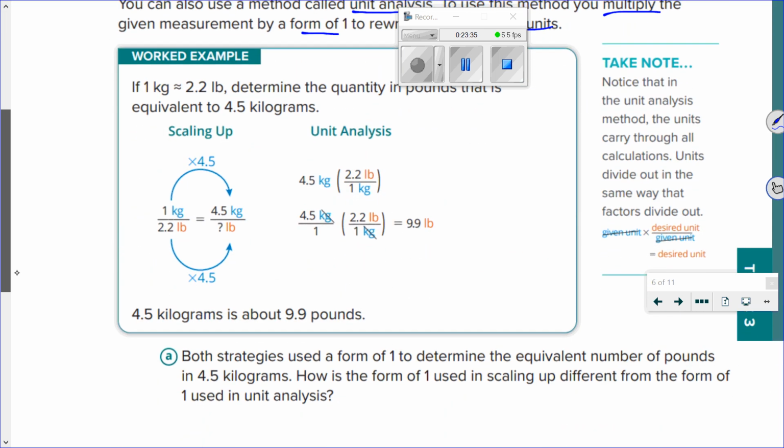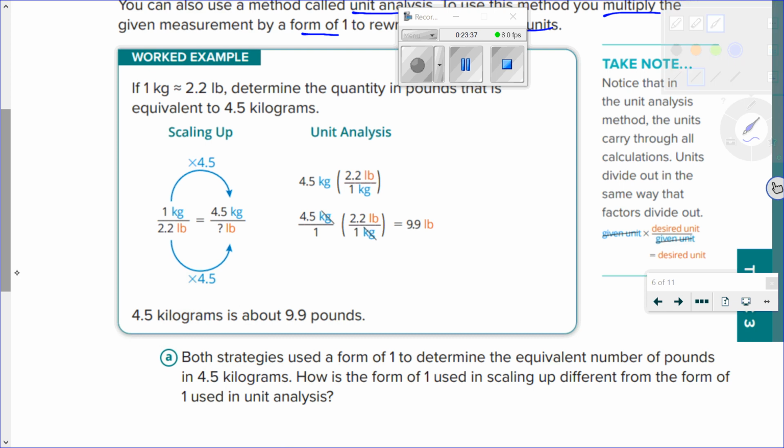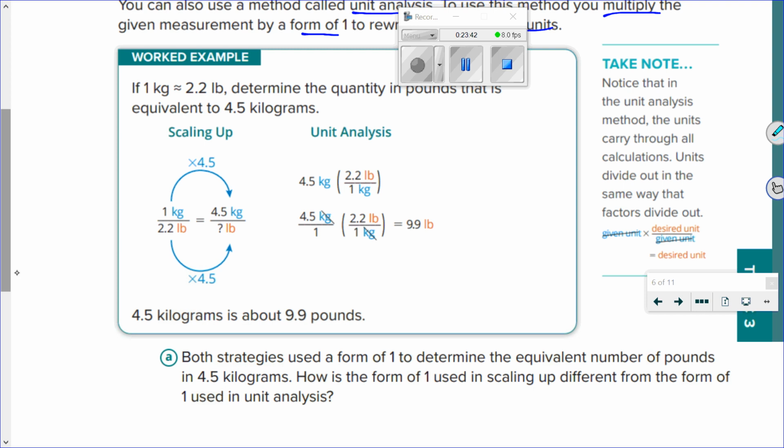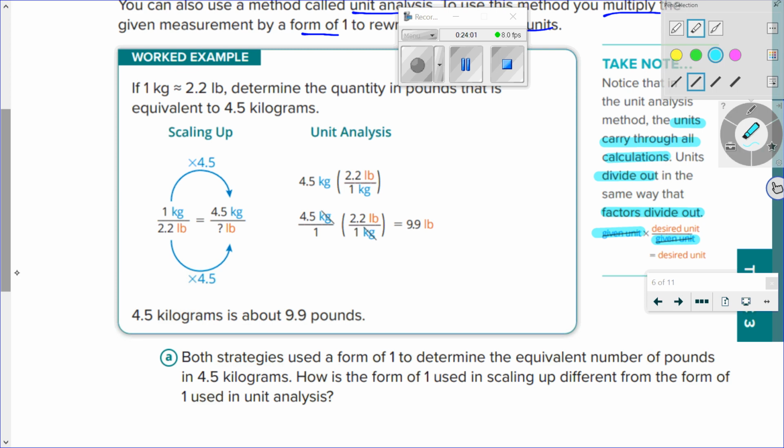Let's go ahead and pull out our highlighters real quick. If you still have them out, that's better. So, units carry through all calculations. Units divide out in the same way that factors divide out. So if I'm doing a unit analysis method, I'm going to say the given unit goes on top and bottom. My desired unit is what gets left on top. So you can see the biggest difference between what we've been doing and what we're doing now is where the